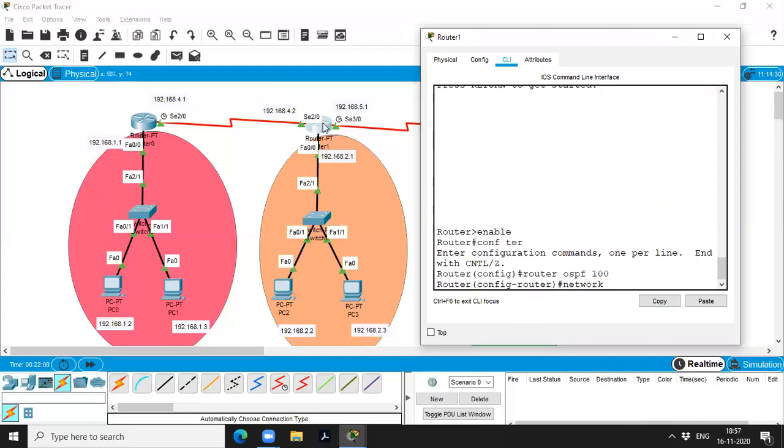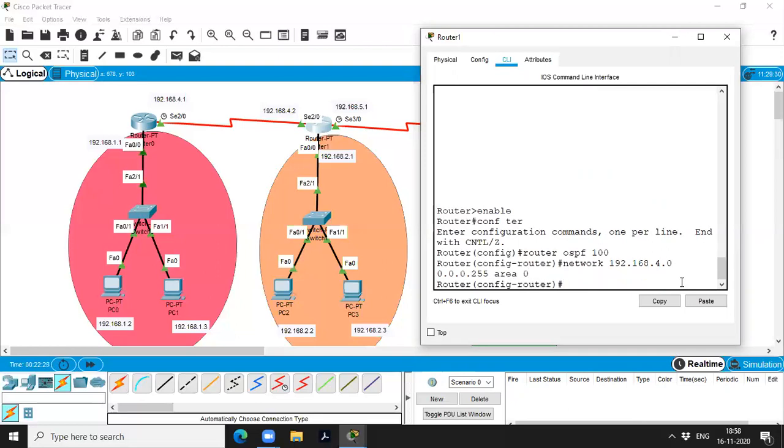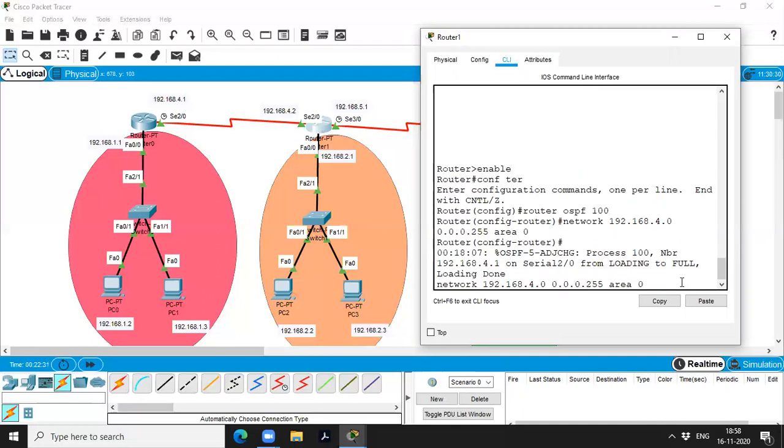This router is connected to the 4.0 network, 192.168.4.0. Since this belongs to the class C address, the subnet mask will be 255.255.255.0. Therefore, our wildcard mask is 0.0.0.255 and area belongs to 0.